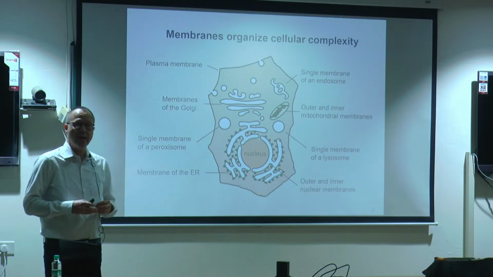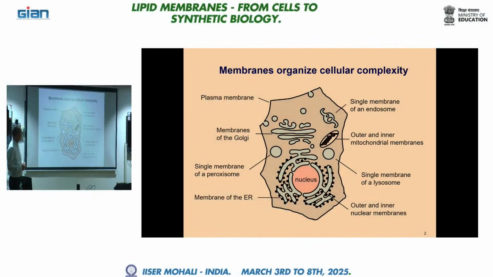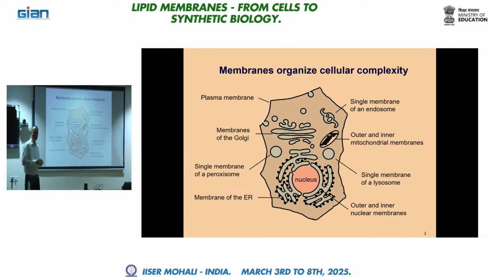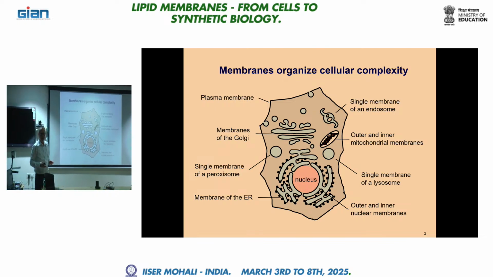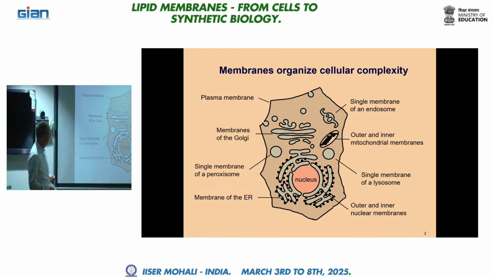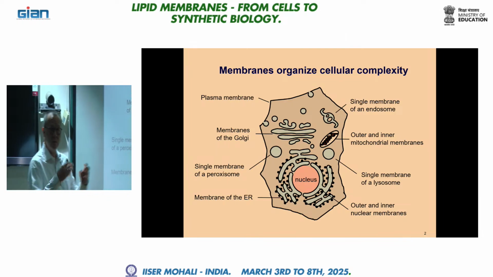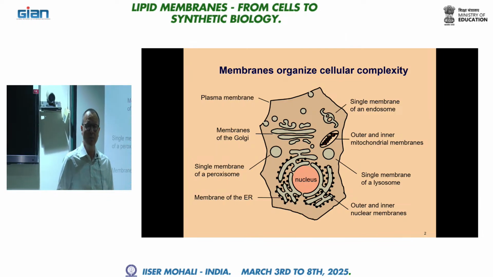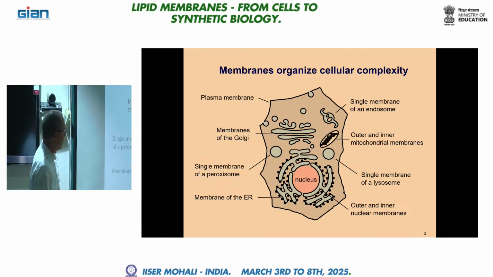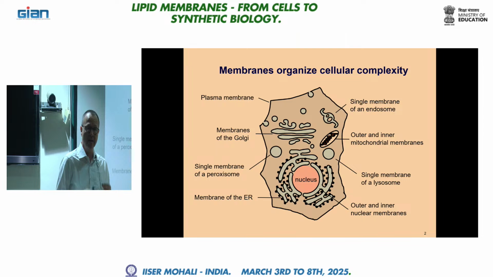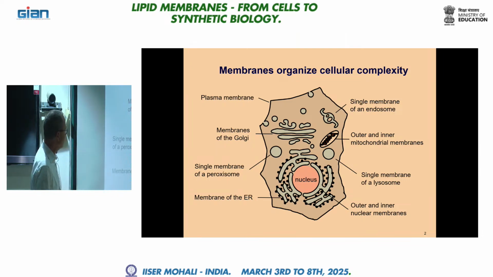What you see here, it's an animal cell, just a little bit illustrated. And what you see is basically that inside this cell is separated in different compartments. Maybe you even remember from the school time, one big compartment would be the nucleus that is surrounded by a nuclear membrane. But there are many more compartments. For instance, the mitochondria that actually contain a double membrane system. So it's an organelle that contains two membranes. But you also see there's the Golgi apparatus, there's membranes that are basically forming peroxisomes, there are membranes that are